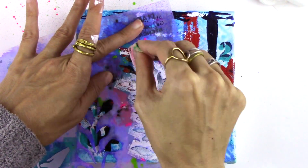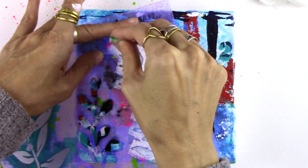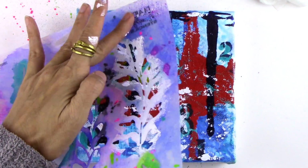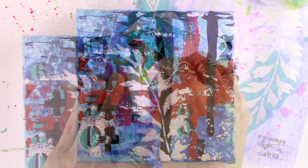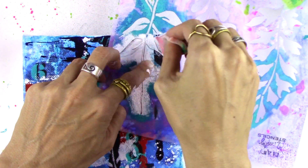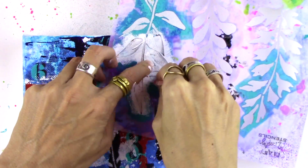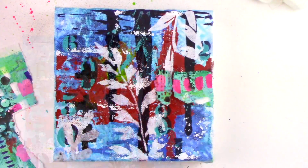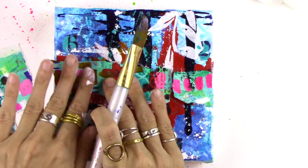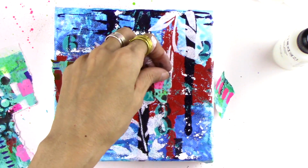And then I decide to push the background back a little bit more, and I add a stencil with white acrylic, and getting some kind of plant designs on there, which contrasts really nice with the more abstract background. Then I go on top with some collage pieces, and I know some of it's being covered up,